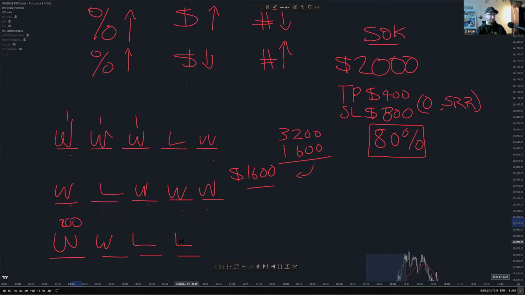And then you take $1,600 in losses, right? Does that throw you off and say the plan doesn't work? Or does it make you go on tilt? Does it make you be emotional? Does it make you over leverage? And then all of a sudden, the next trade may be a winner.